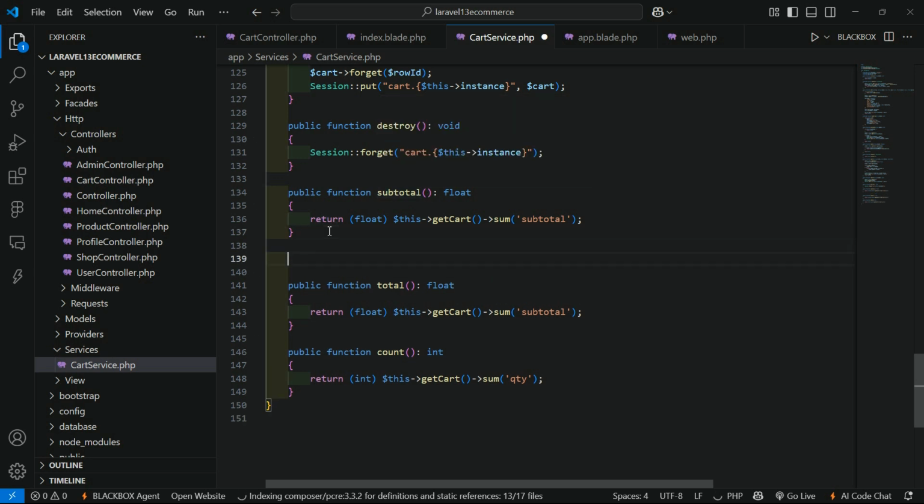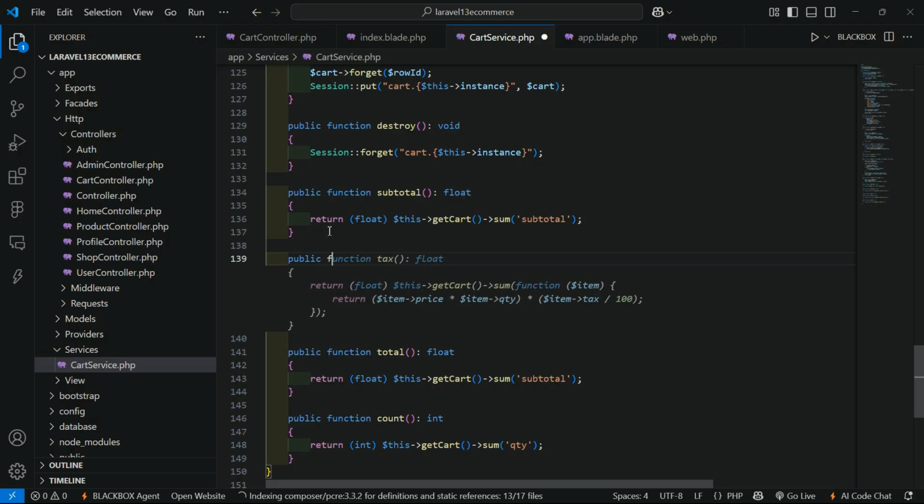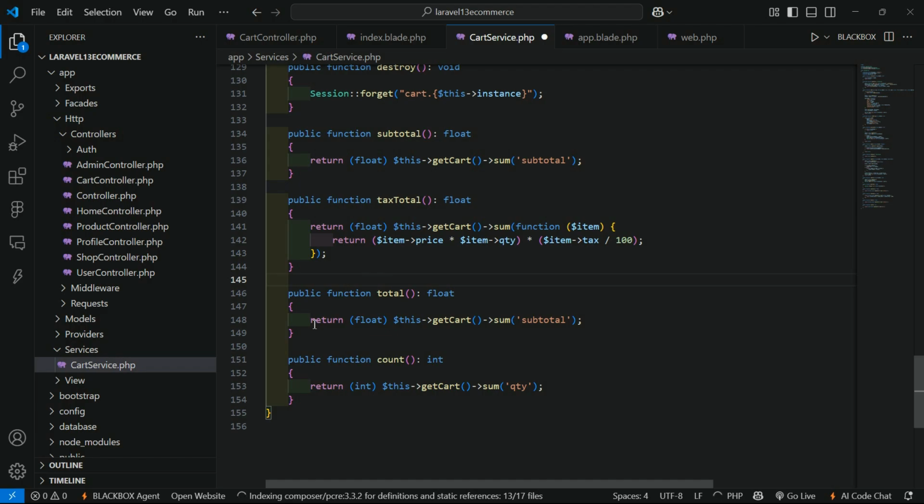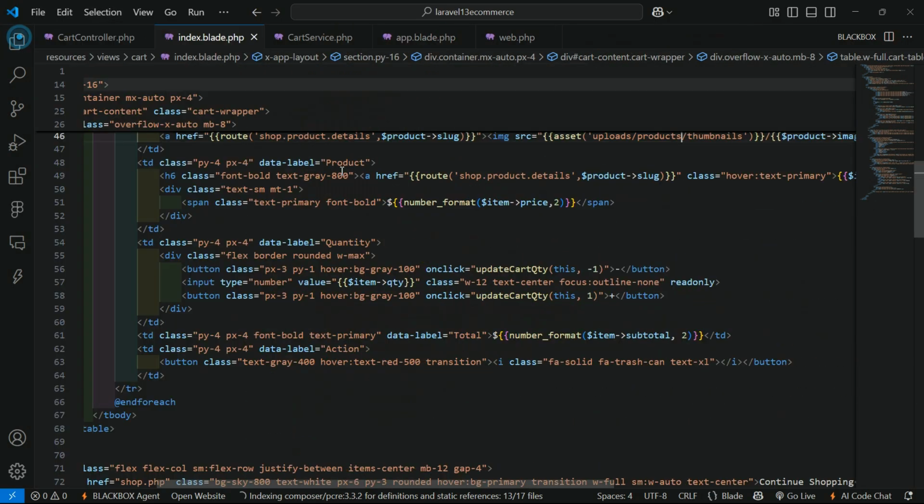And now let's calculate here the tax. So write here public function and function name which is taxTotal, and return type which is float, and inside this taxTotal function just calculate the tax and return. Okay, and now inside this total just add here the subtotal and tax. Okay, so inside this function just return subtotal plus taxTotal. Okay, now save this, and now go back to the cart index view file, and here let's